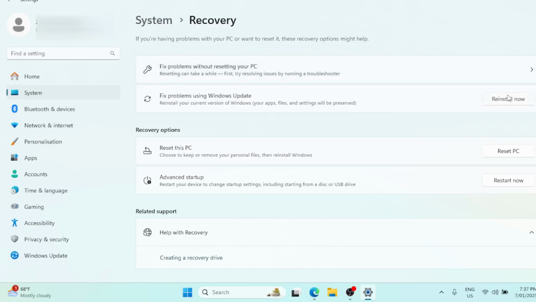By following these steps, you should be able to fix the Windows Resource Protection could not perform the requested operation